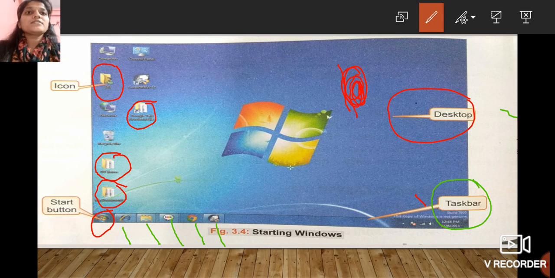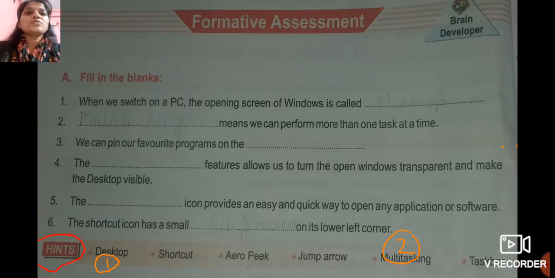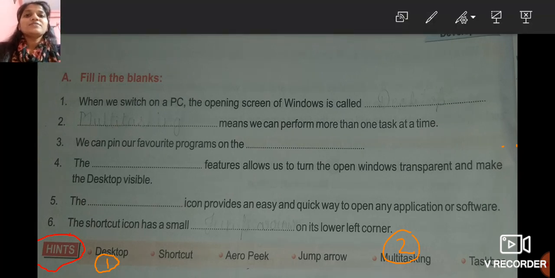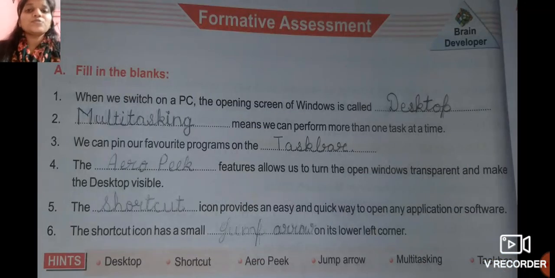When we switch on our PC, we get this type of screen, and that screen is known as desktop. Here I have given one number to desktop as it is the first question's answer. You have to write like this, with a pen. Write down the first question's answer, that is desktop.